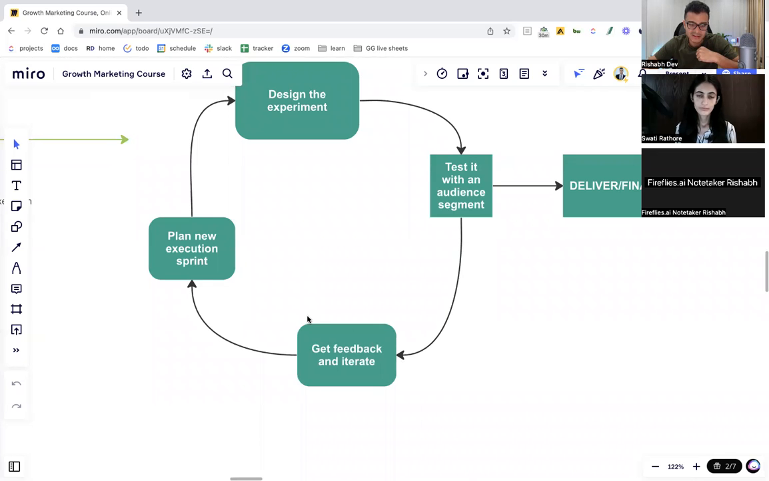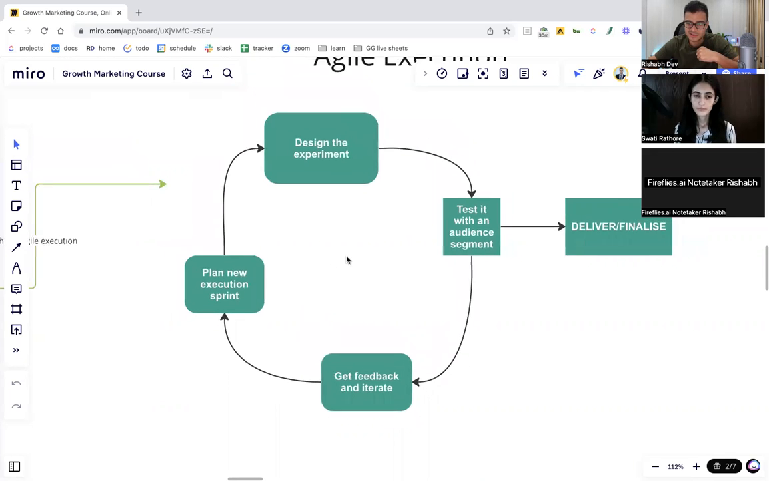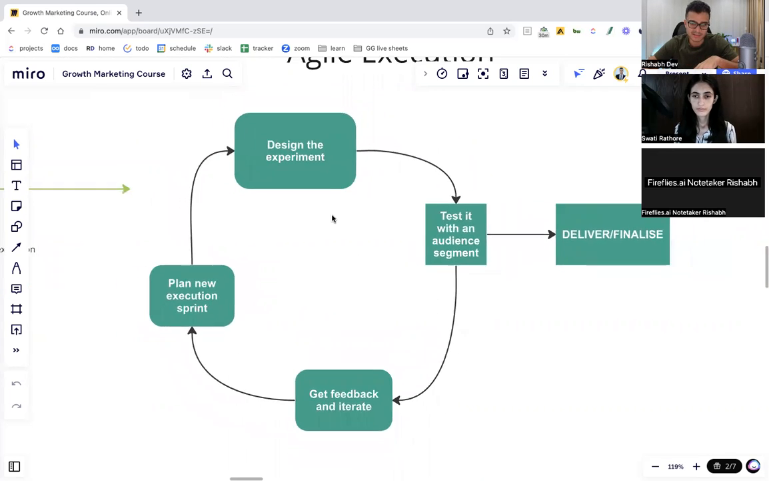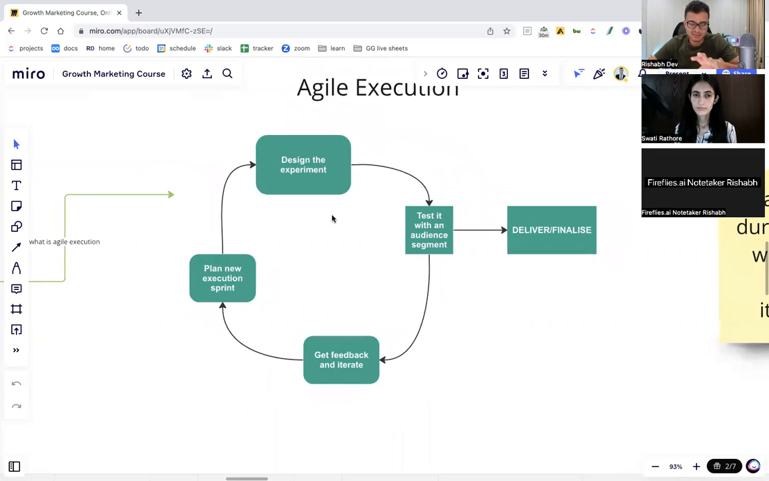We get feedback and iterate, and then we plan the new execution sprint. And then finally we deliver. So let me give you an example. This is borrowed. Agile has been borrowed by growth marketeers from tech. So this is not a growth marketing term per se, but we use it in this context of growth marketing experimentation. Right. So let's say you're an e-commerce store, people